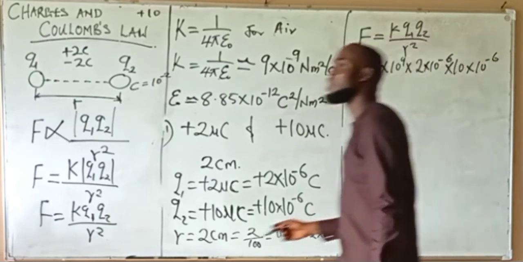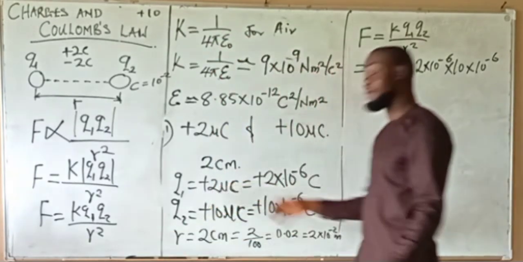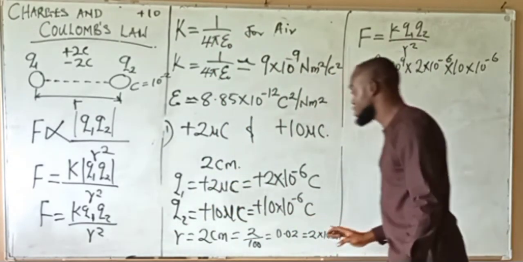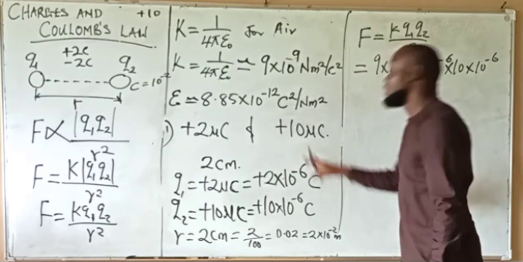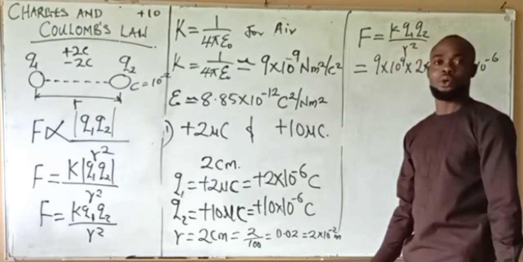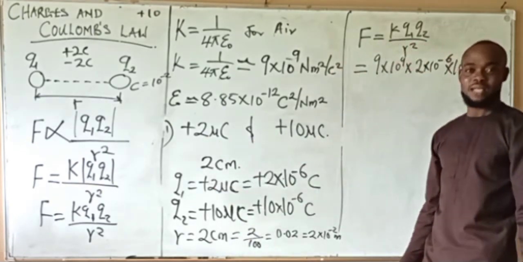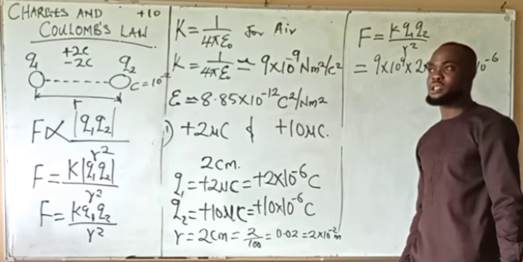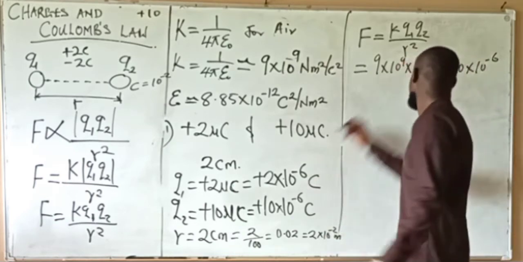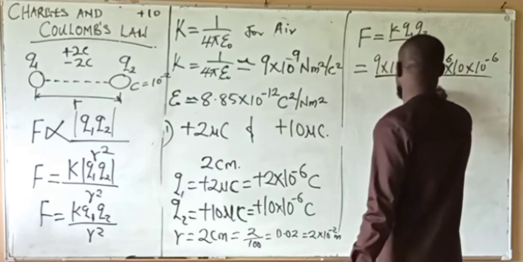Someone will ask, what about those that don't have a sign at all before? Use them like that. If they have a sign, throw it away. Now the sign is going to tell us that the electrostatic force is going to be a force of repulsion, not attraction. Why? Because there are two like charges. That's what the signs tell us. It tells us the nature of the force. Take note of that. So divided by the distance, which is 2 times 10